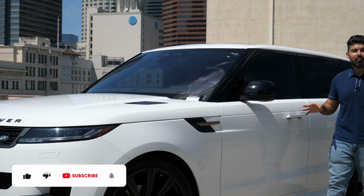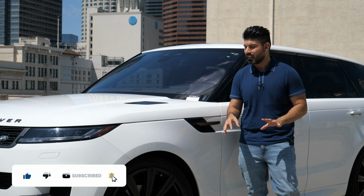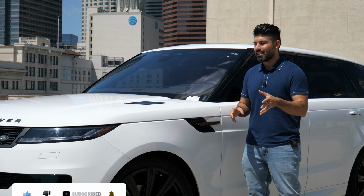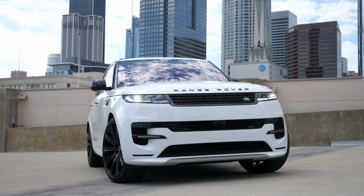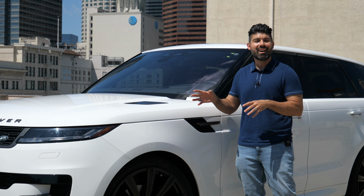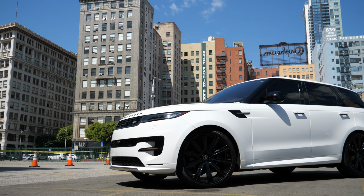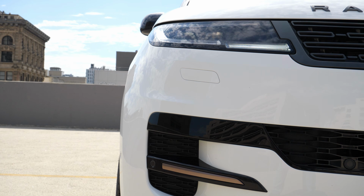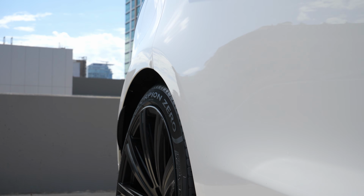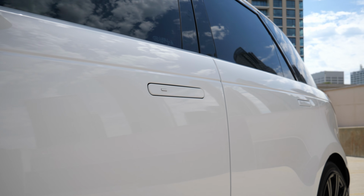Alright, so let's start it off by talking about the exterior styling in this new Range Rover Sport. Overall, it looks pretty similar to the prior generation. It's a little bit more modern looking, a little cleaner, and maybe the best way to put it, it's got a simpler looking design. It's still got that aggressive and surprisingly muscular stance you're expecting from the Sport. Look at the fender bulges and the overall ride height configuration, plus the flush door handles are always a nice